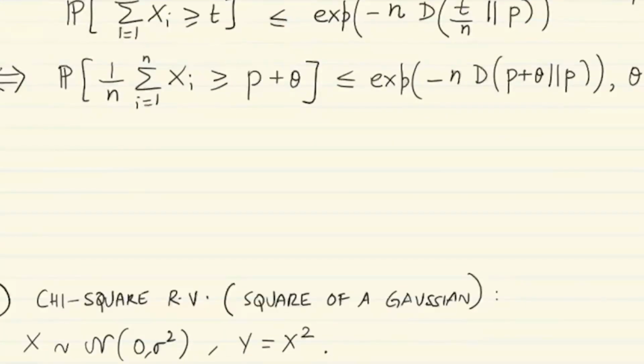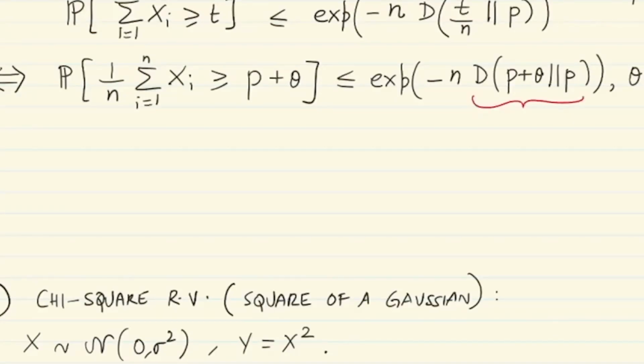Okay, so you get this kind of tail inequality, and note that the nice thing here is that as n increases, the right hand side goes down exponentially with n, because d of p plus theta relative to p is just a constant, it doesn't depend on n. Moreover,